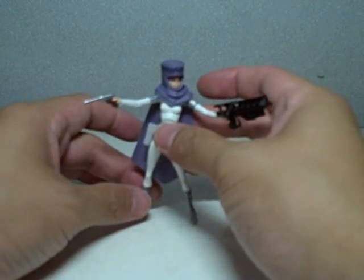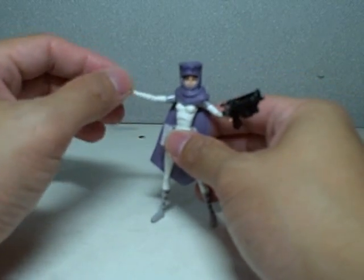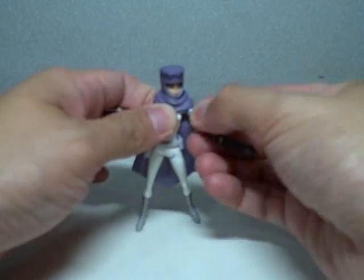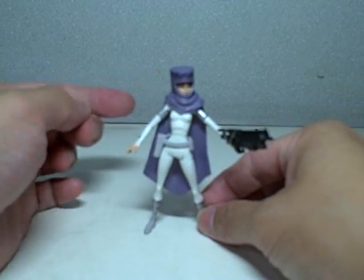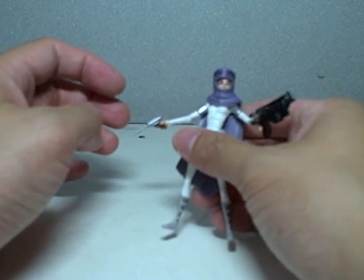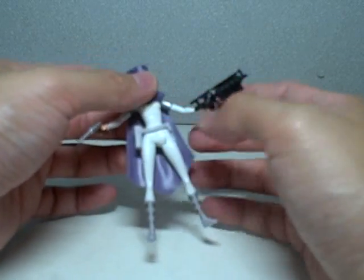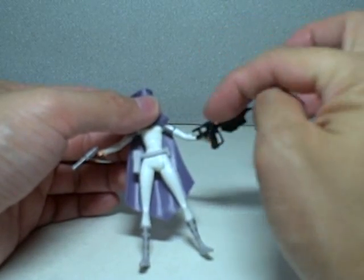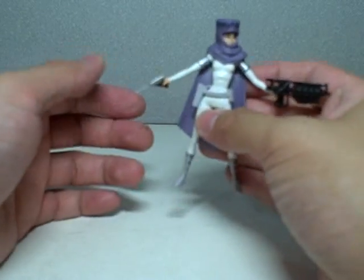Okay, onto the figure. The figure has two guns, and because the limbs are so thin, you can literally rip it off if you force it. The legs are so thin, well, because she's a female figure, and the hands can barely hold on to anything. In package, this gun was strapped onto her right fist, and I had to transfer that plastic band onto this just to let her hold the droid blaster, because her hands will not hold anything,